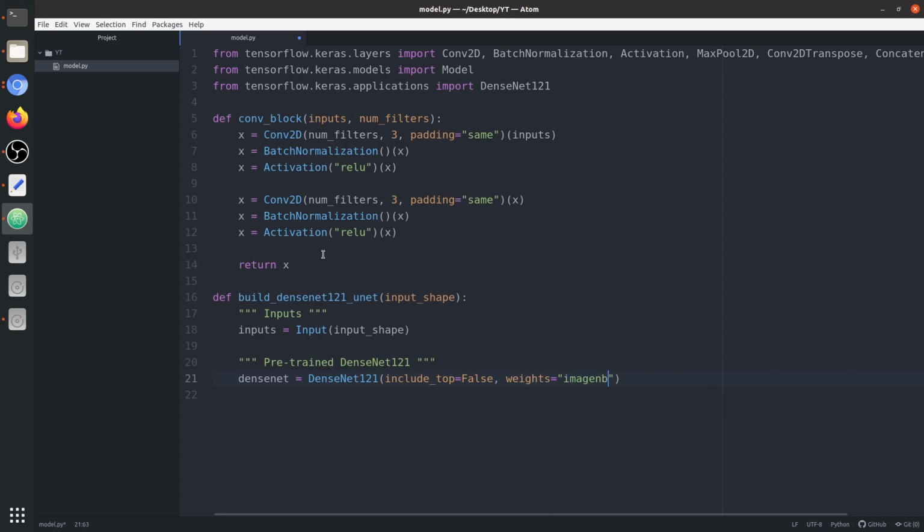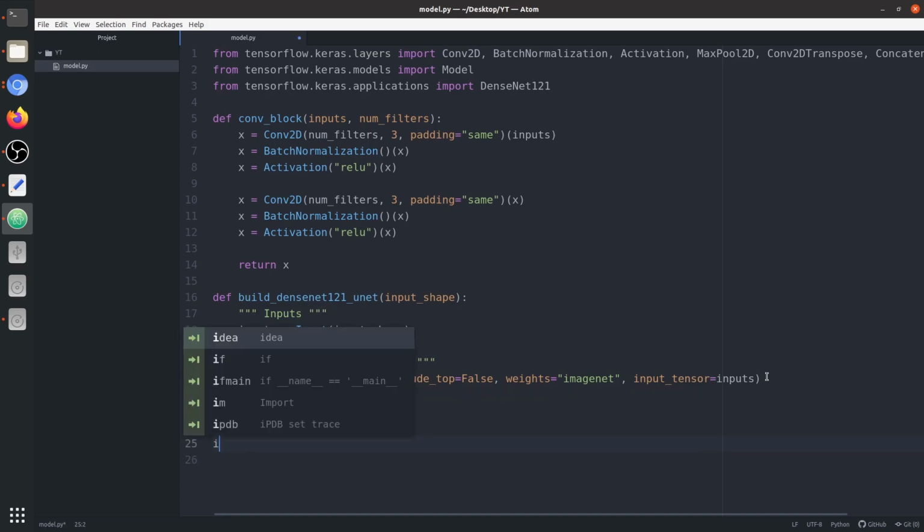As we are saying it's a pre-trained architecture, it's important to load the weights, otherwise it's not kind of pre-trained. Next is input_tensor equals inputs. Okay, so now we have loaded our pre-trained architecture. Now we need to print the summary of the DenseNet so that we can see if it's working or not. Now let's run this.